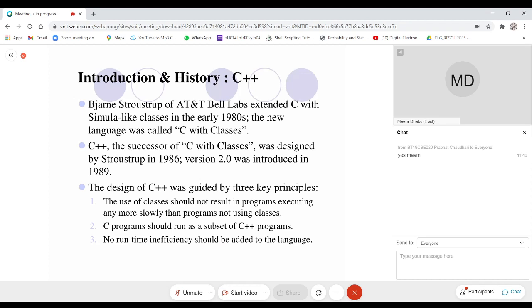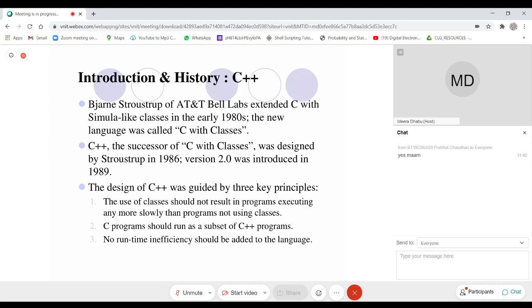I do agree. It will be easier to adapt to a new language, like studying and learning it. That is true. But some other commercial aspect, anybody? The compilers for C were already written. We just have to modify them to support classes rather than writing the whole compiler again.